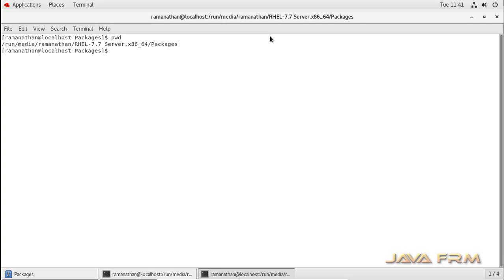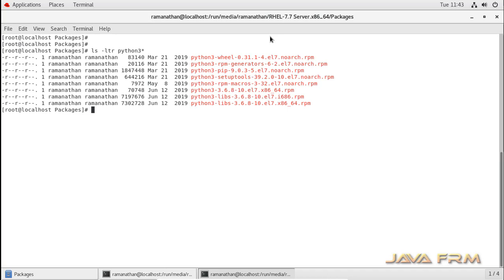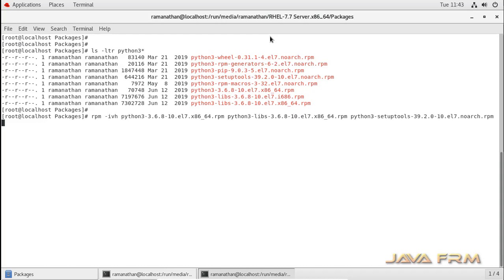So I am going to the packages directory as the root user. Yes, so these are the RPM packages for Python 3 available in the Red Hat Enterprise Linux 7.7 DVD.